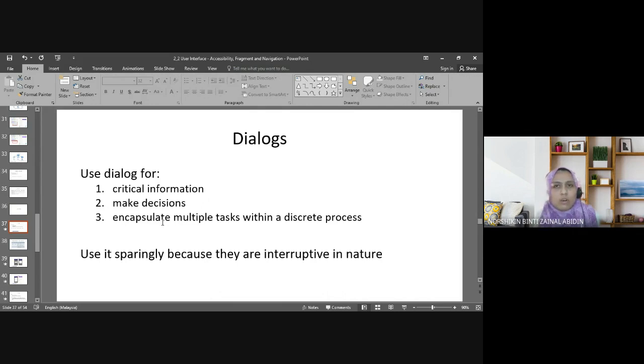Okay, continue or cancel, that decision. And then encapsulate multiple tasks within a discrete process. What does it mean? Encapsulate means in one pop-up, for example, in one pop-up window, they